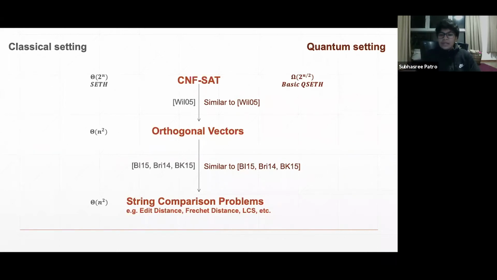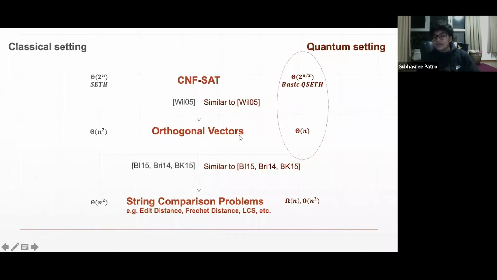Okay, now using a similar reduction, we can show that orthogonal vectors requires a linear amount of time. And again, using a reduction similar to the classical one, we are able to show that the string comparison problems will also require a linear amount of time. Okay, but while this is interesting in the case of the orthogonal vectors problem, because we have a linear time algorithm